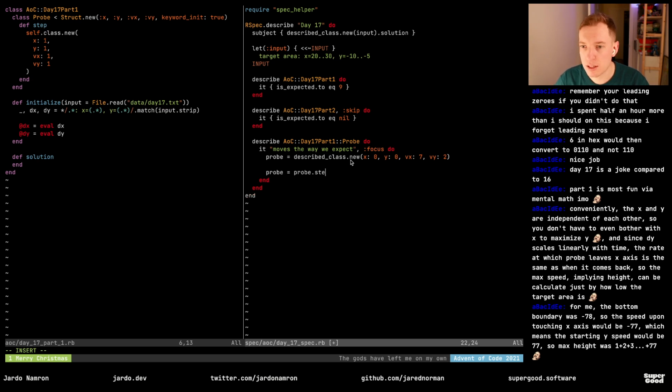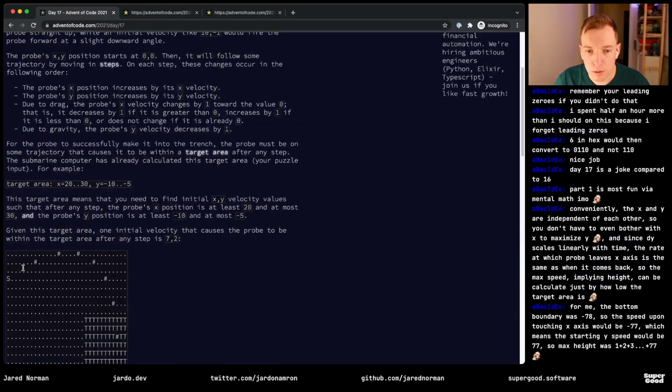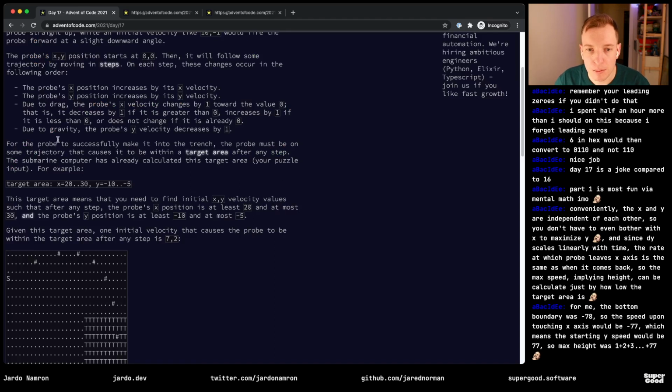Equals probe.step, and then I'm going to expect probe.x to be something, probe.y to be something, vx to be something, and vy to be something. So we know, it should go 1, 2, 3, 4, 5, 6, 7 over and 3 up. So it should be at position 7, position 3, and then we will expect due to drag, the